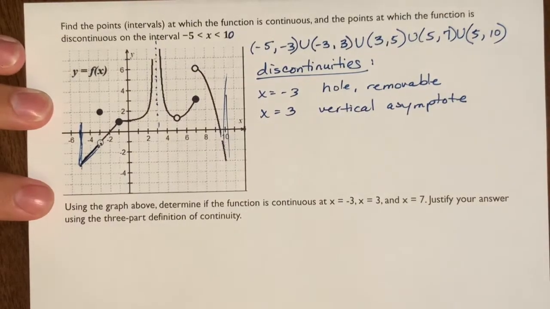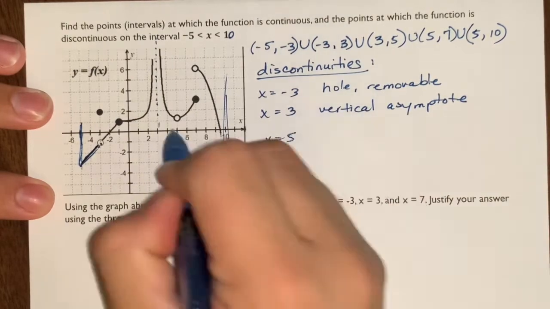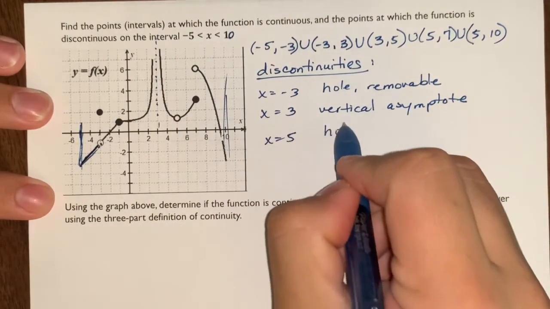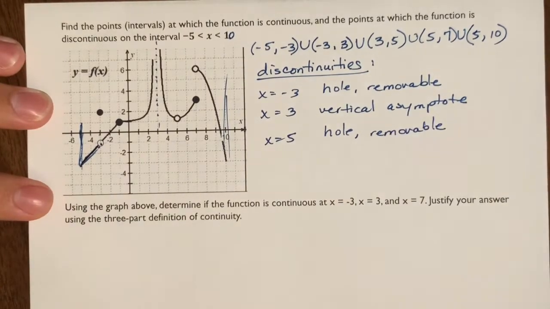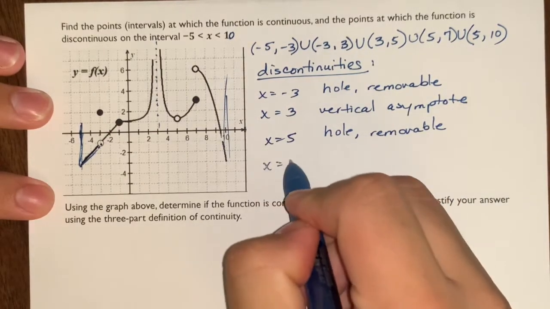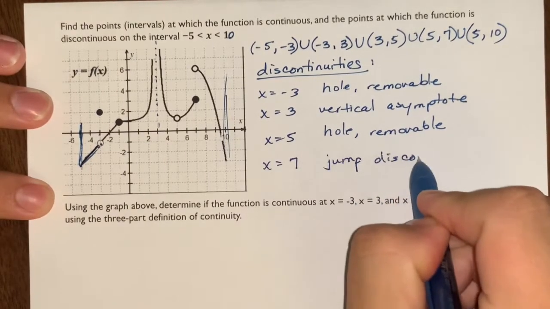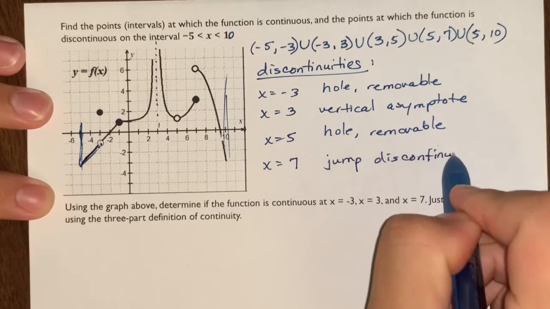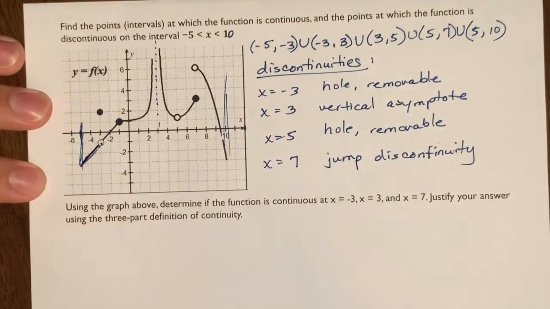All right. And then over here at +5, again, we have another hole, a removable discontinuity. And then at x equals 7, we have a jump discontinuity. They're not going to ask you to identify these things, but it's important to understand your vocabulary and understand